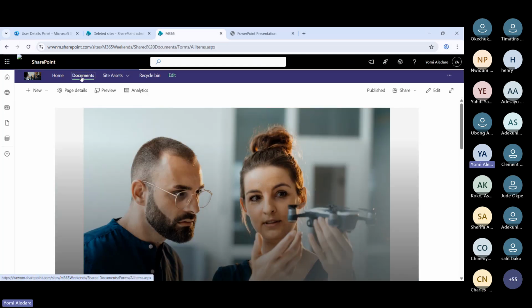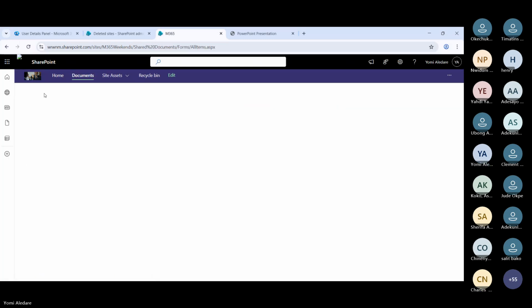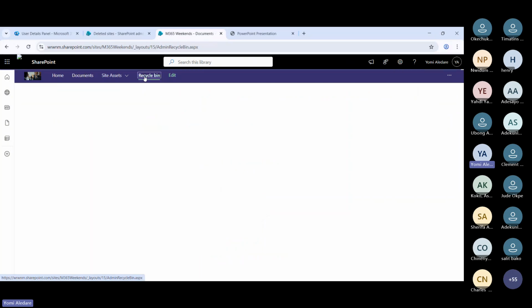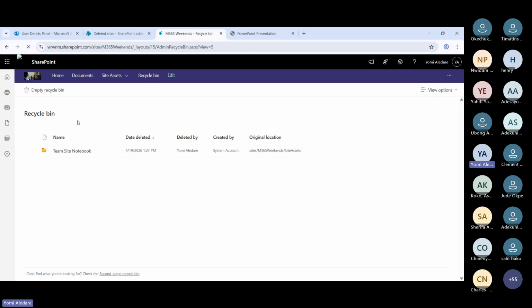You have the option to restore that. Where is this menu that used to come up? I was thinking something was wrong. Now it's working fine. So the recycle bin is where you go to restore whatever you have deleted. Like if you delete the home page of a site, you can't even navigate to the recycle bin because the page is not going to open. So your best bet is to get